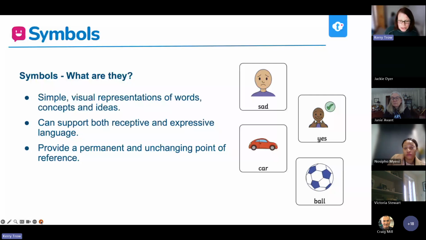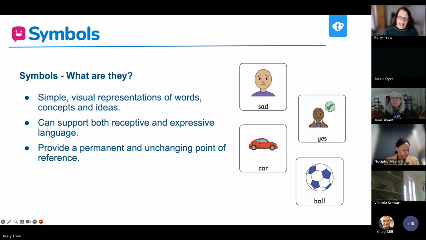And if at any point during that process things break down, perhaps they're not able to retain the information, or they're not sure about how to process and understand something specific that was said,